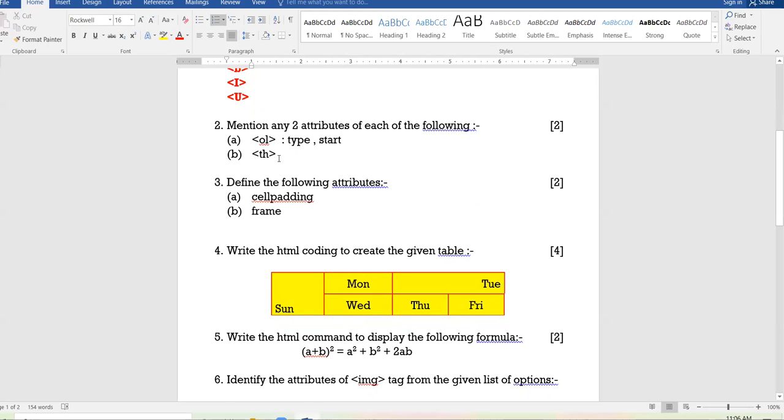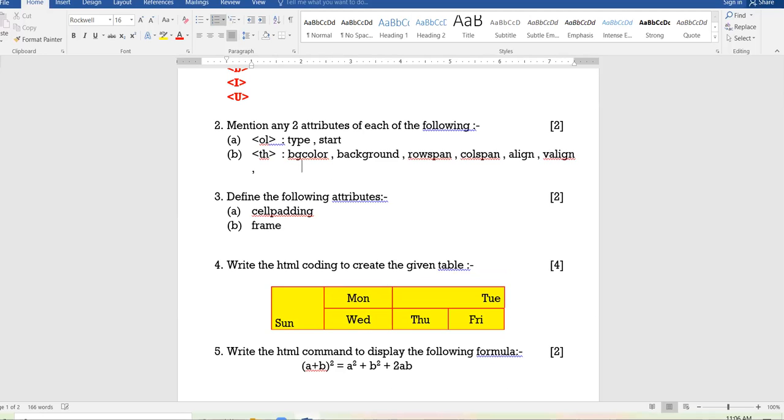Then two attributes of table header, th. Here you can write any two attributes: bgcolor, background, then rowspan, then colspan, then align, then valign. Okay, then you can have width, right?